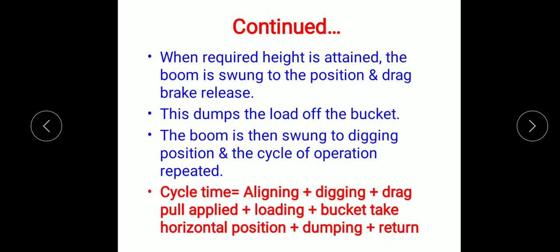When the required height is attained, the boom is swung to the position and the drag brake is released. This dumps the load of the bucket and the boom is then swung to digging position